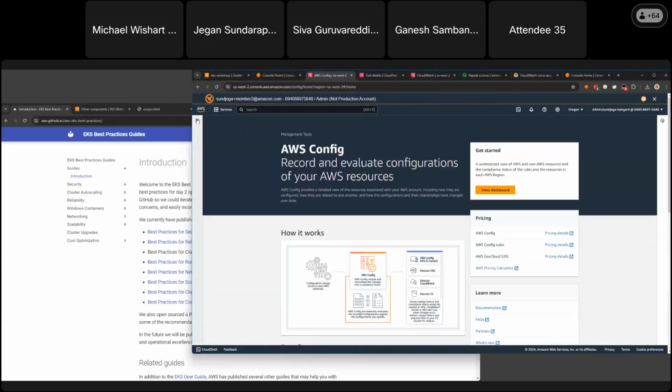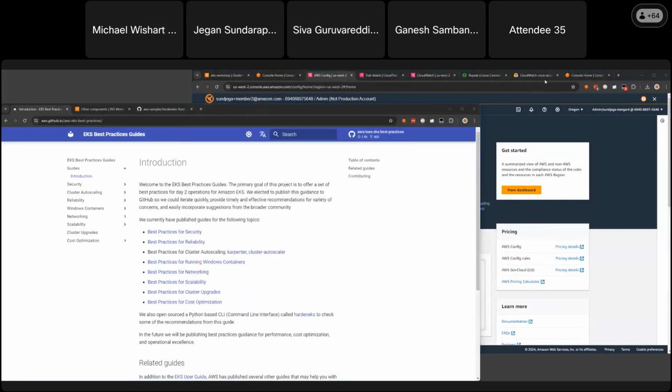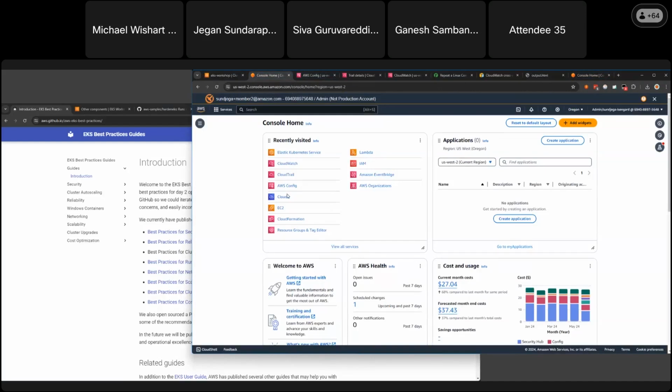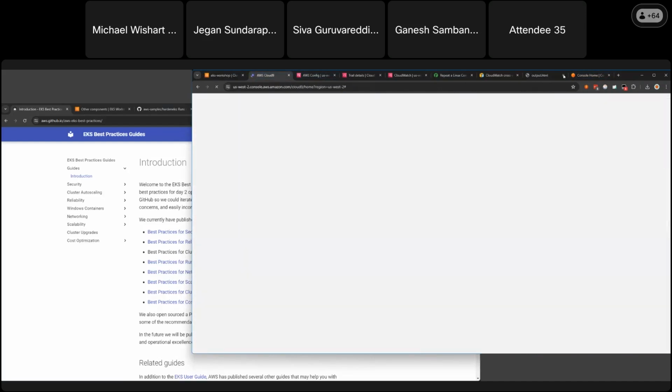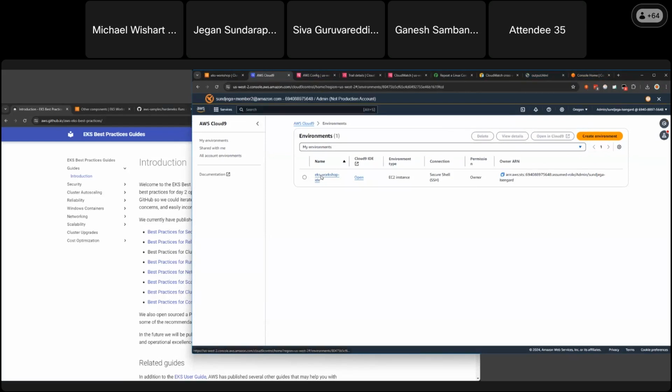First, I'd like to talk a little bit about the EKS hardening tool and how it is run. I'm just going to show you the syntax of how it's run. It's pretty straightforward.